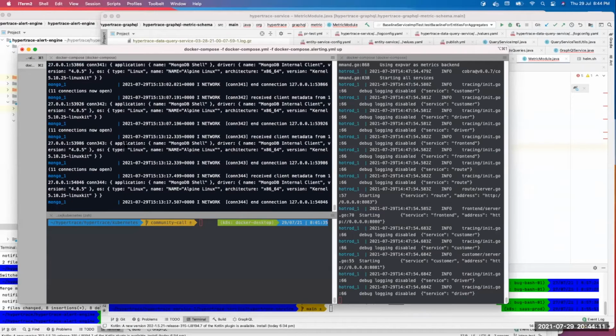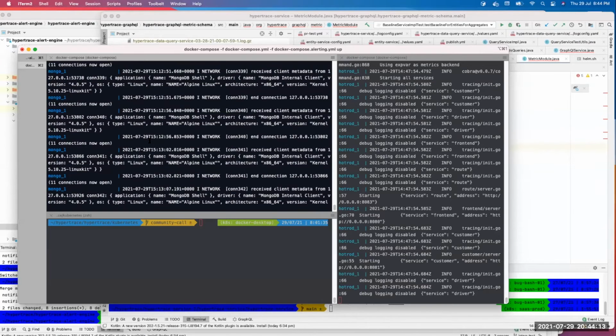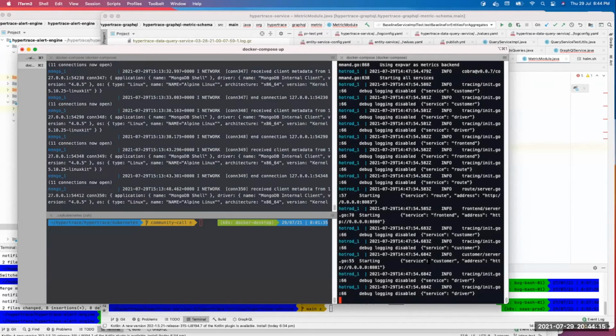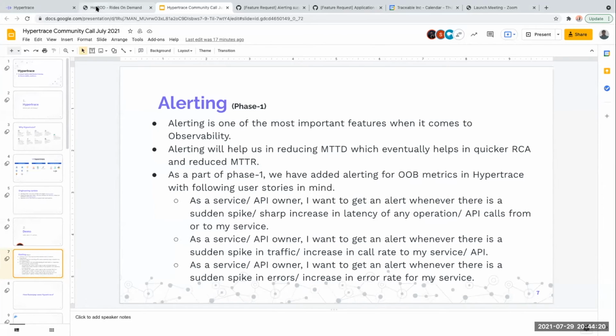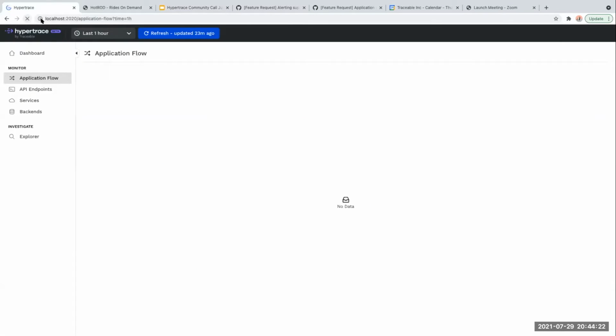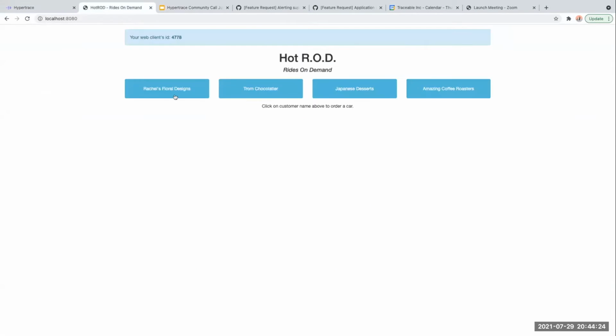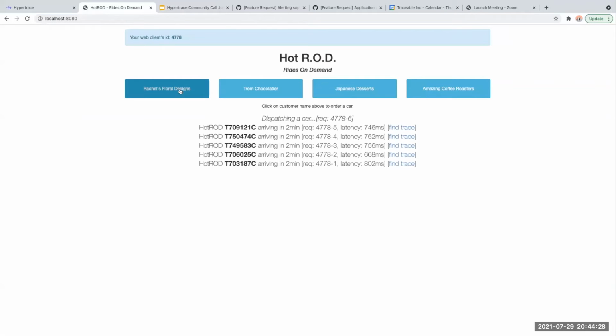This is Hypertrace running in one terminal, and this is a sample application called Hotrod running in another system. And this is my Hypertrace dashboard. Currently, there is no load. So let me generate some load.